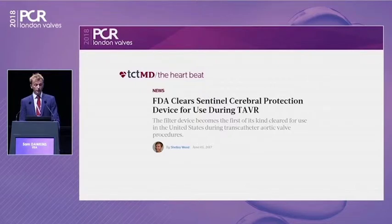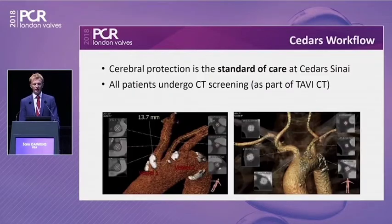In June of 2017, the FDA cleared the Sentinel device for use during TAVR, and at that point, we decided that cerebral protection should be the standard of care at Cedars-Sinai. We have a core lab that analyzes all our CTs, and we just added an extra image to their data set, which is an image of the aortic arch in a suitable view. Generally, it's LAO 20 to 30,